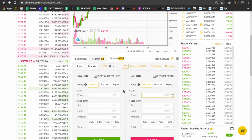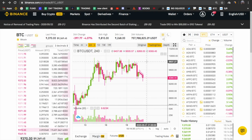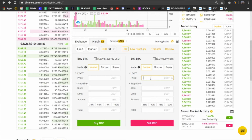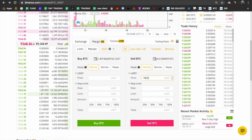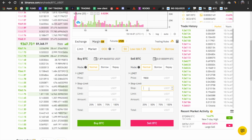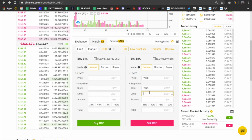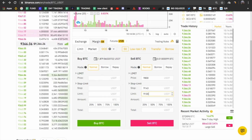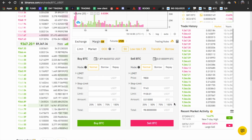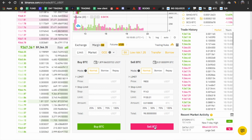Now first is the limit price. What is the limit price? The limit price is your take profit, basically. You are betting that the Bitcoin will go to 9,800, right? So here you will put 9,800, and under is the stop limit that I already showed you, which is 9,143, and 9,100 in order to exit instantly. Now you will click here, 100% of your Bitcoin. Now what is this order again? When you click this,